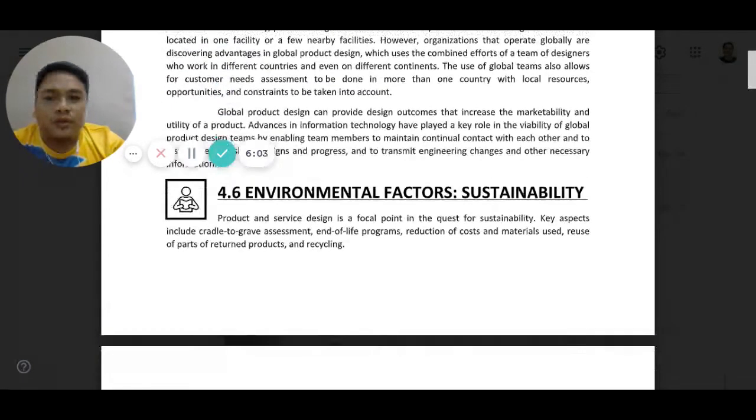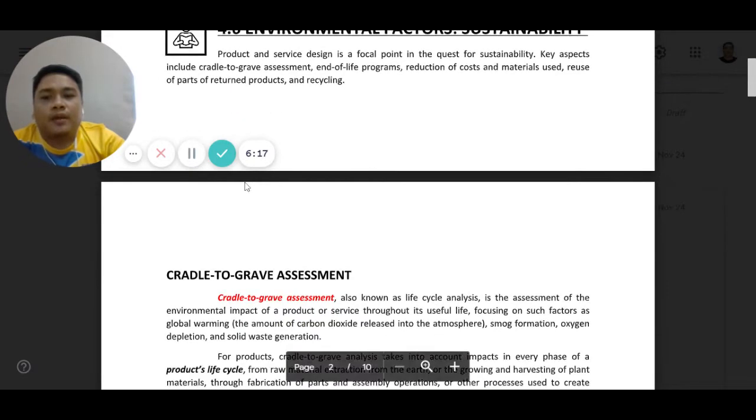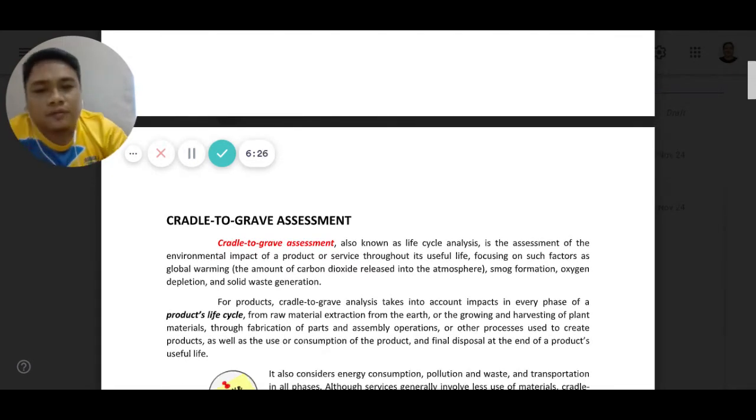Okay, so next we go now to topic 4.6, which is the environmental factors on what we call sustainability. On sustainability, there are different concepts. In the certain concepts, we try to discuss first the cradle to grave assessment. So yung sustainability, it focuses on the environmental impact of these certain products